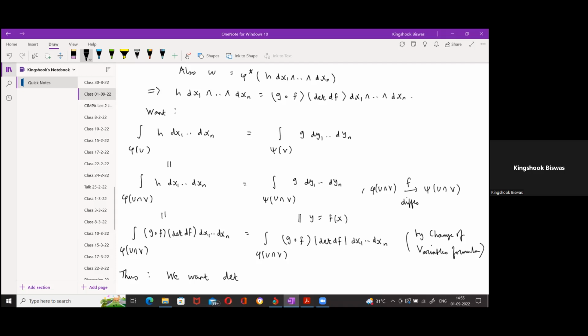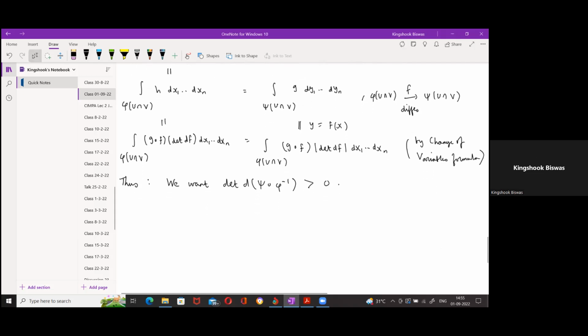determinant of d of F. So F was the change of charts. F was psi composed with phi inverse, this change of charts. We want this to be positive for all charts, right? Or at least we want to choose our charts in such a way that this happens. Then the two integrals defined using the two charts will be equal. Is this clear? Yes, sir. Okay, so this leads us to